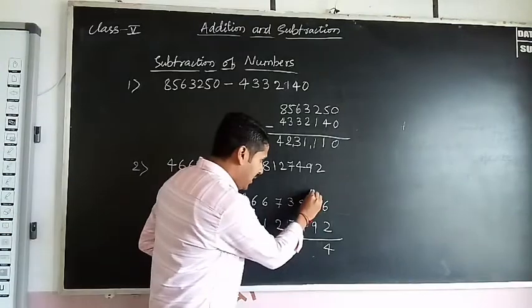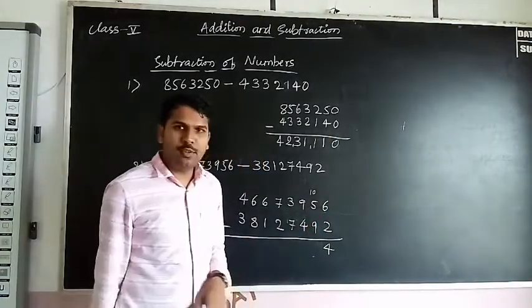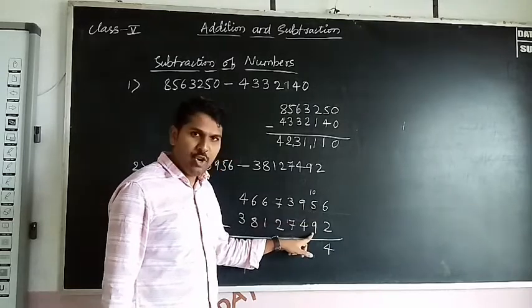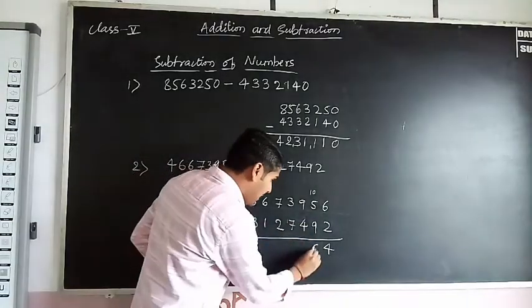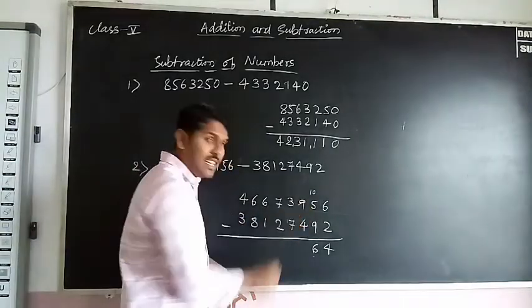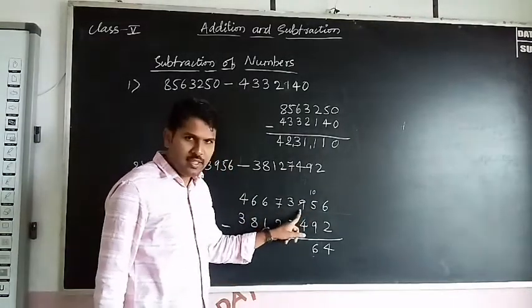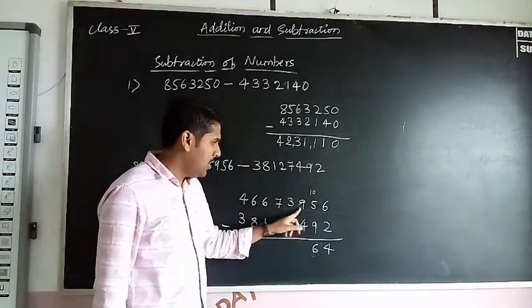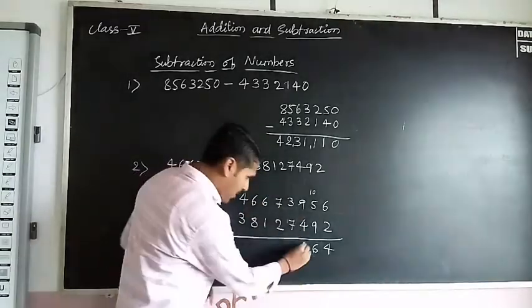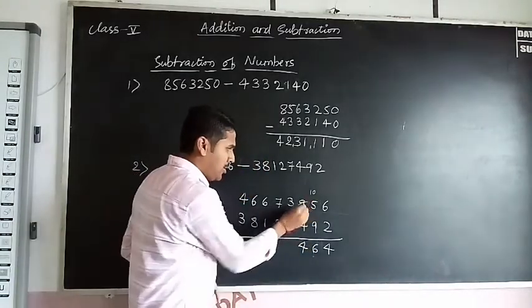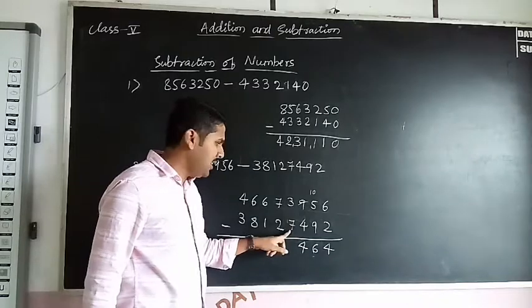So take it here 10. So 10 plus 5, 15. 15 minus 9. How much? 15 minus 9, 6. So we have taken 10 now. So take it as 8. Here we have taken 8. So 9 is there. So we should take it 8 minus 1. 8 minus 4, 4. So next here 3 is there, here 7 is there.